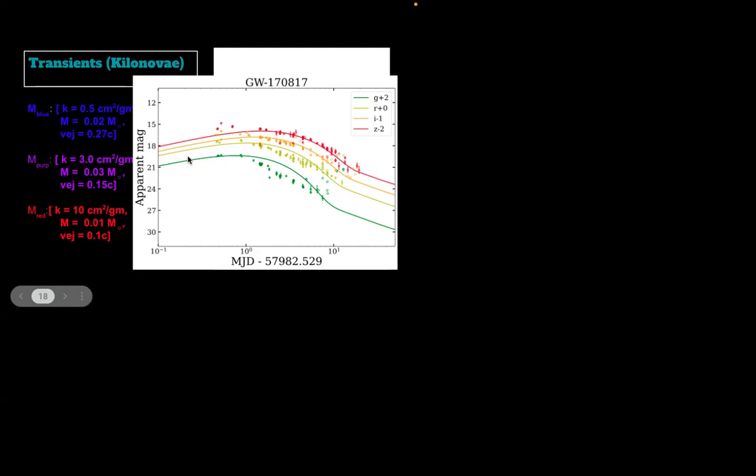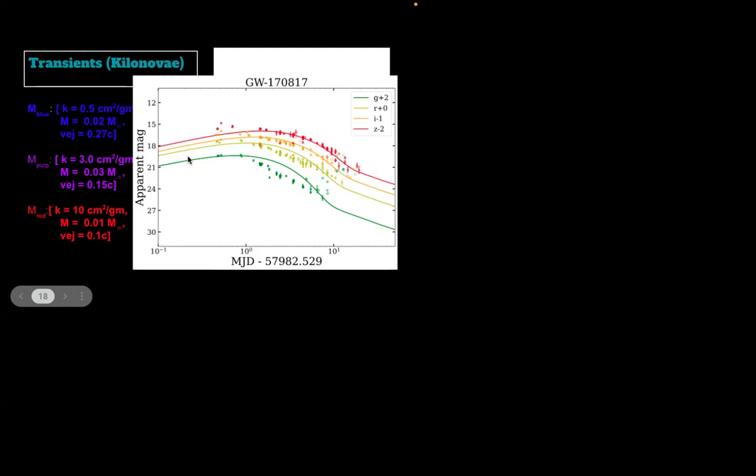The fit is done in a way that all these properties are considered free parameters. You have all the data and you create different models of kilonovae, and for all the different bands you try to fit in one go, in a Bayesian way. So these are all constant at a single time. You can change it and have a better fit, but you will not get a good fit in all three parts.